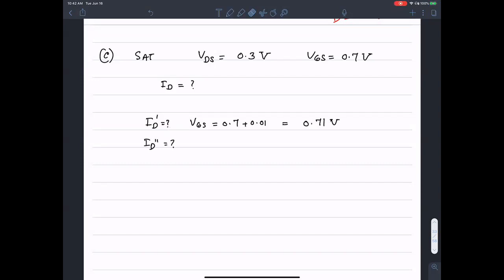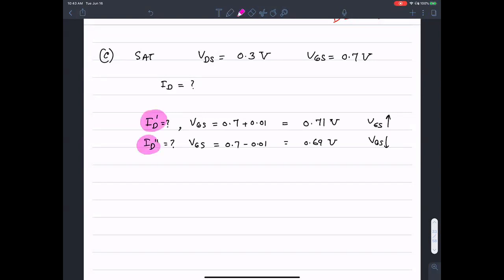What's the value of ID double dash when VGS changes from 0.7 by 0.01? So for VGS increasing, VGS decreasing, what would you expect